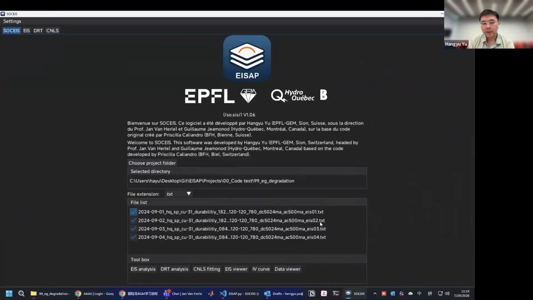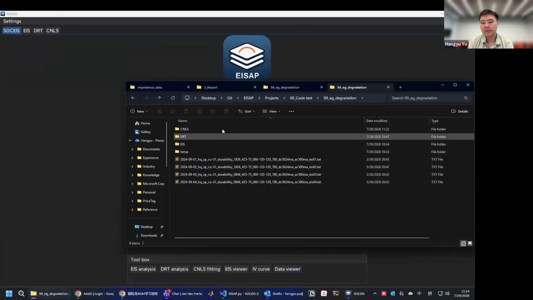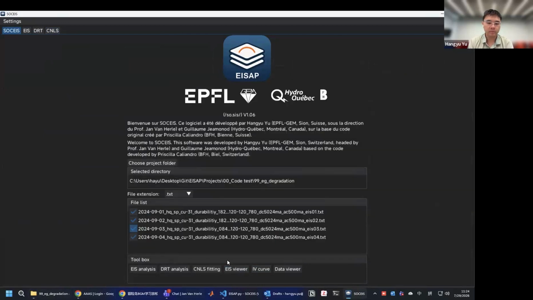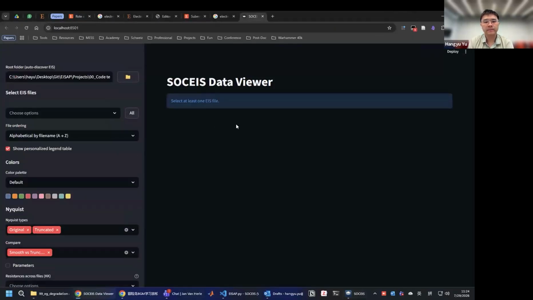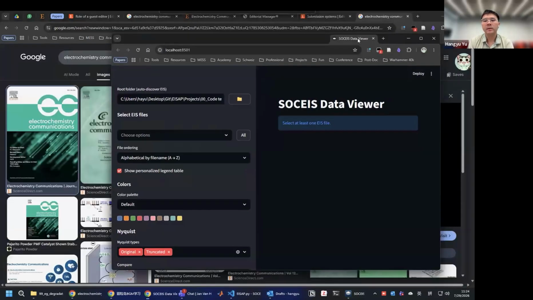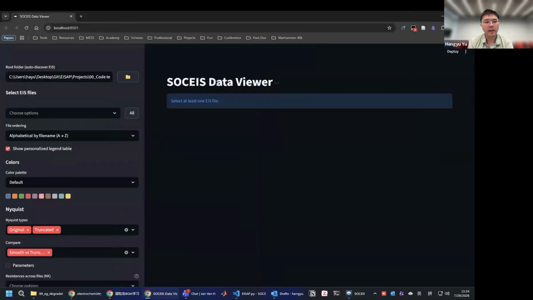Okay. Last thing is about the data viewer. Now we have all the data saved in these three separate folders. Let's make some nice plots. If you click on the ES viewer, then it will automatically create a